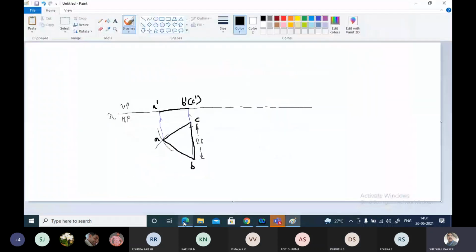So what you have to do here, you need not draw the reference line and all. You draw a line at an angle of 60 degree. Now take this length, and keeping this as center, draw the arc. After that, we will get this. Then this length will be equal to this. It is inclined at an angle of 60 degree. Let me name it as A dash, and B dash in bracket C dash. Any doubt up to here?